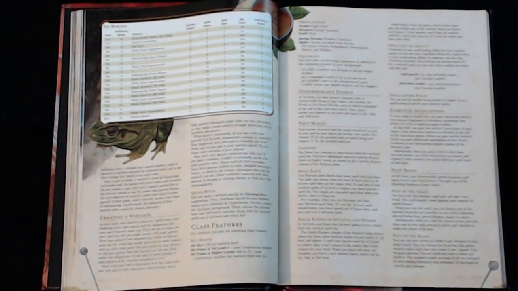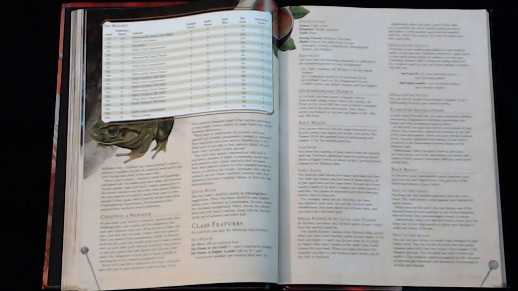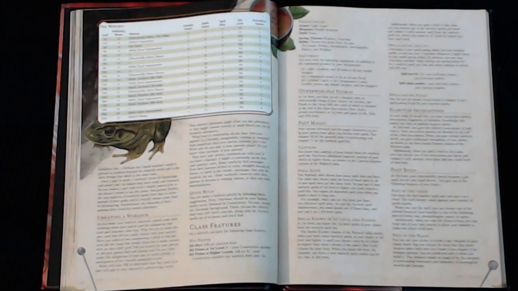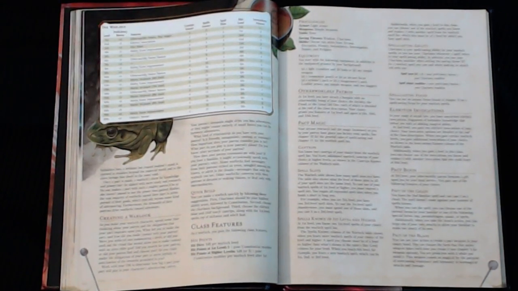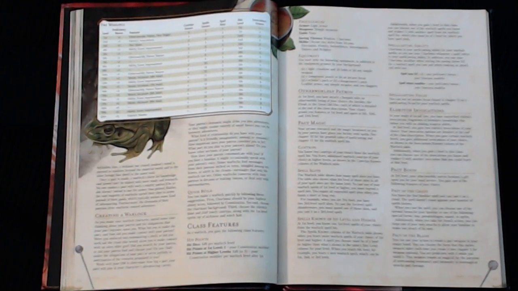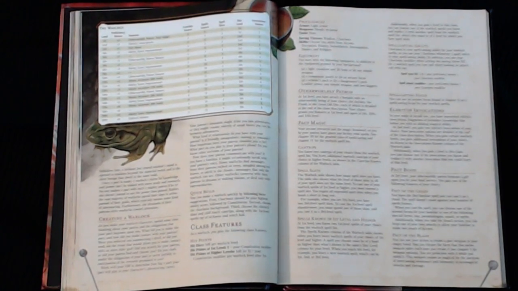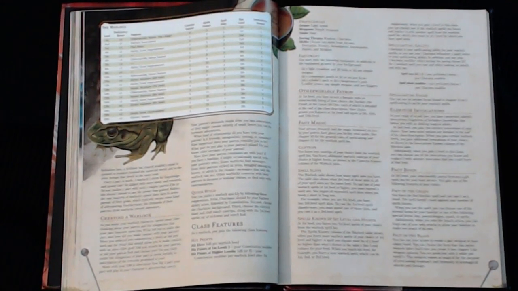So, the class features, like every other class in D&D 5, as they progress in level, you gain more features, you gain more powers, and your character becomes more and more fun to play. And the Warlock is no different. So, as you can see here in the matrix at the top of the page, you're going to see the proficiency bonus table that goes all the way down. You're going to be able to see what you get every level. You're going to be able to see your cantrips, all of your spell slots, and then you're going to see over here on the end the invocations known, which is basically the main gimmick or main flavor of the Warlock